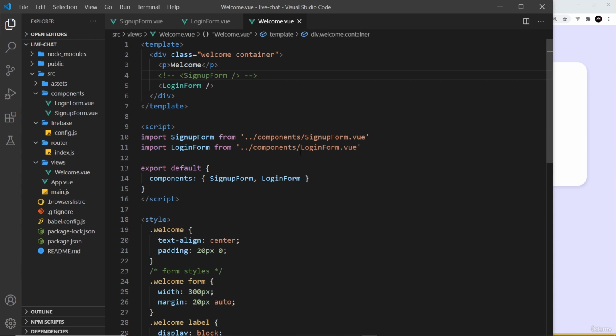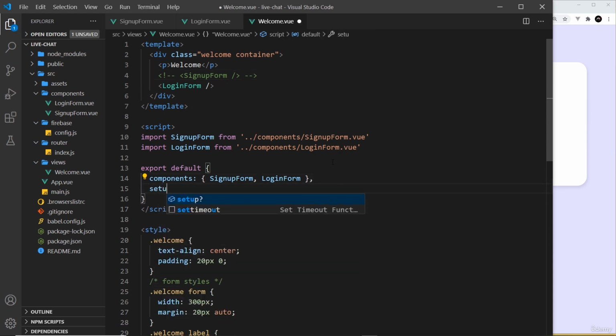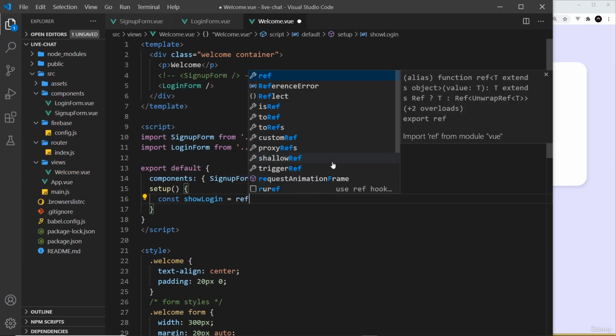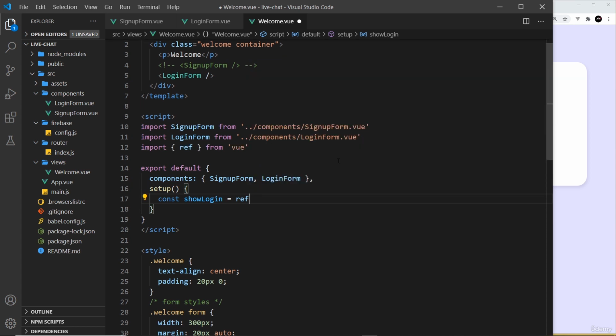To do this, we're going to be using a v-if and evaluating a data property. If that data property is true, we'll show one form. If it's false, we'll show the other. And then clicking on those links at the bottom of those forms, we toggle that data property so it switches between the two. So this will make more sense as we do this. First of all, let's create a setup function because we need a data property, a ref, to track which form to show. So I'm going to call this show login, and I'm going to set that equal to a ref, which I'll hit